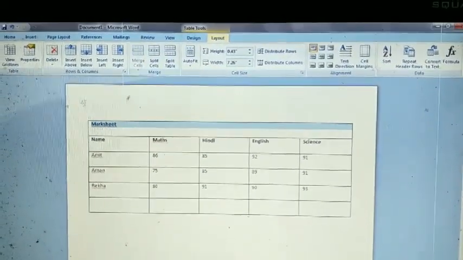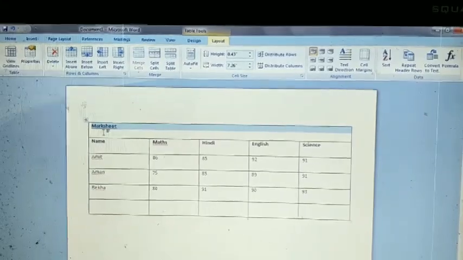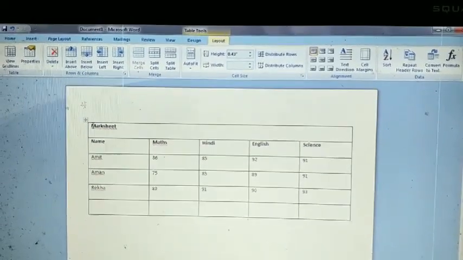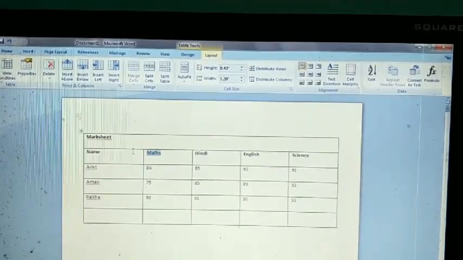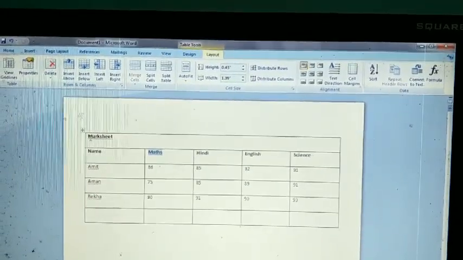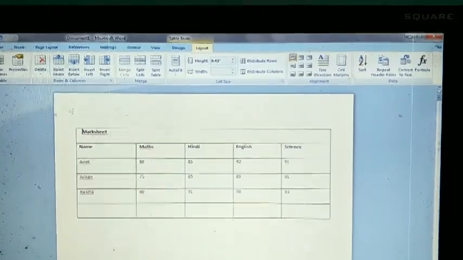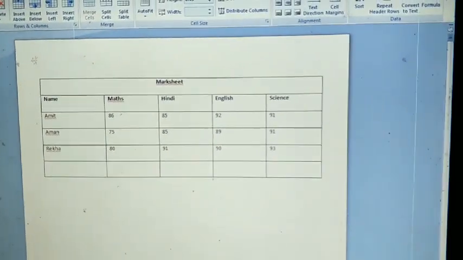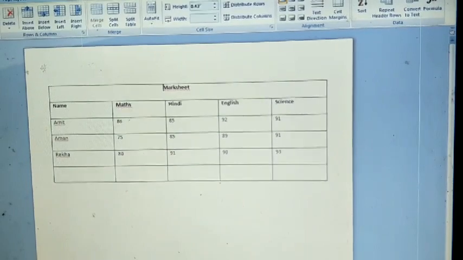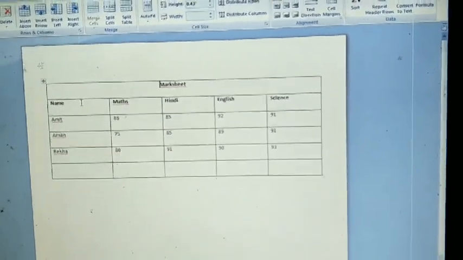When you choose this option, merge cell, then you can see all the cell will merge, and after that you can place this heading in the center position, so it will assume that a common heading for all records.